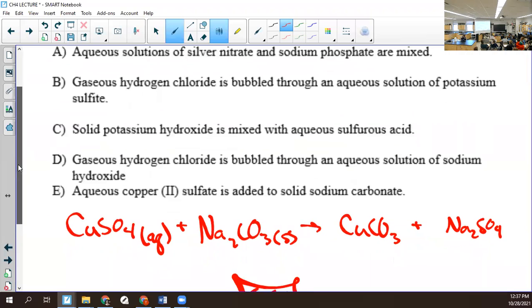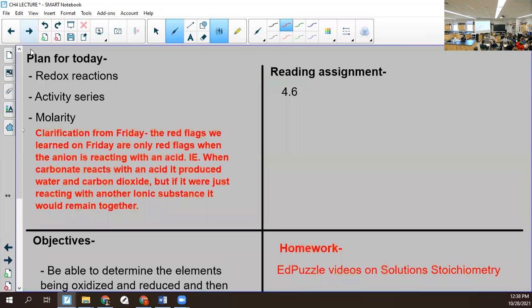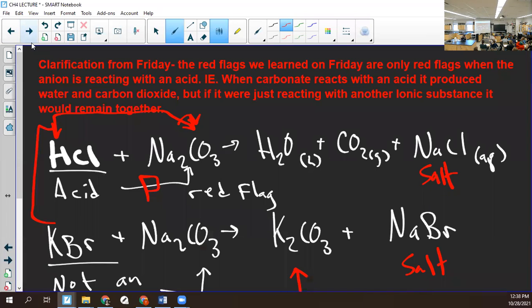Okay, people at home, so we got this far, and then we decided there was not a red flag here. See this text right here? Clarification from Friday: the red flags we learned are only red flags when the anion is reacting with an acid, i.e., when carbonate reacts with an acid, it produces water and carbon dioxide. But if it were just reacting with another ionic substance, it would remain together, which in this letter E,